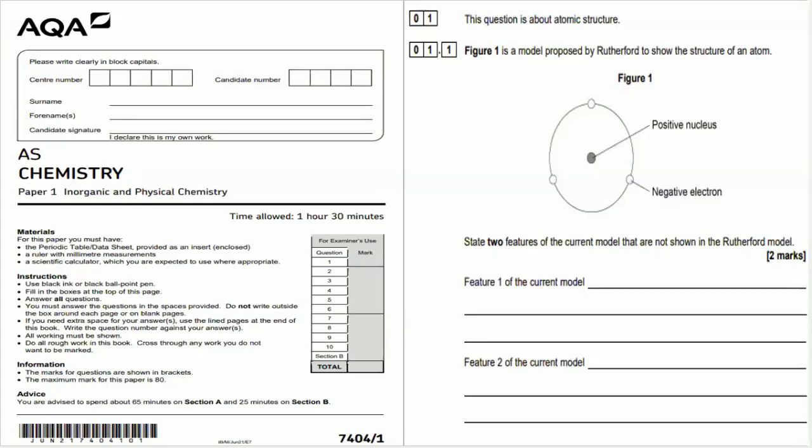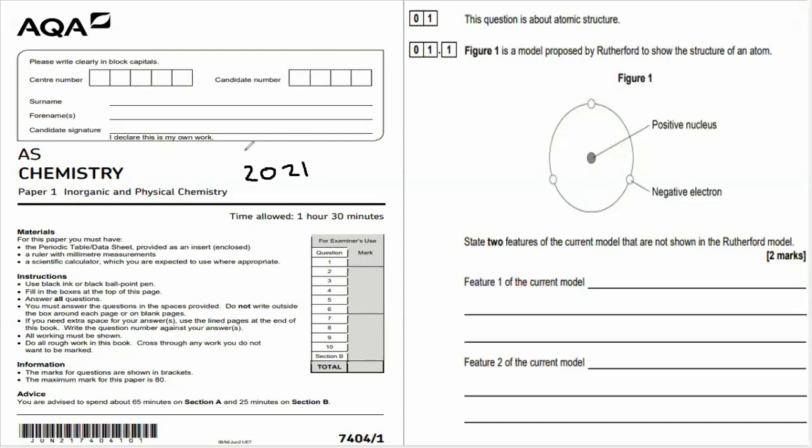Okay, welcome to AQA AS Chemistry, Paper 1, Inorganic and Physical Chemistry. This is the 2021 paper 7404/1. Let's get into it. As we go through the walkthrough, try the questions, pause the video, then look at the